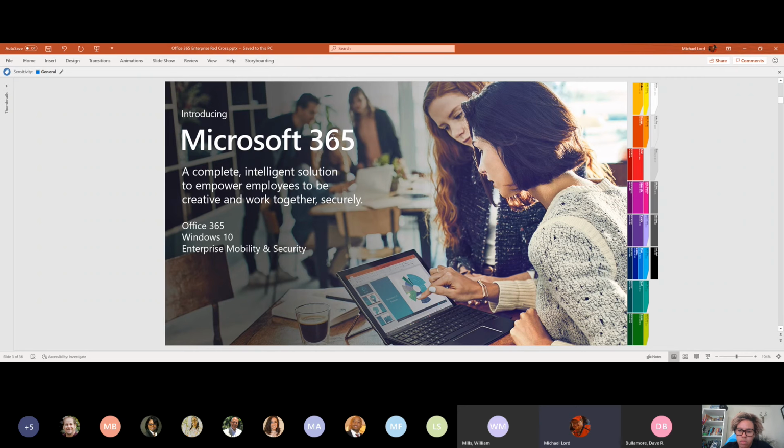And that is our Office 365 suite, our Windows 10 suite, and our enterprise mobility and security. I will be covering the Office 365 part today, and the other 2 segments will be coming in later. But just know that you'll see a lot of this marketing around Microsoft 365, and effectively, we just came up with a way to put 3 different purchasing line items into one purchasing line item for capabilities our customers typically need.